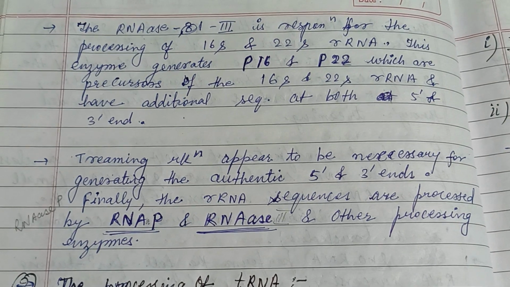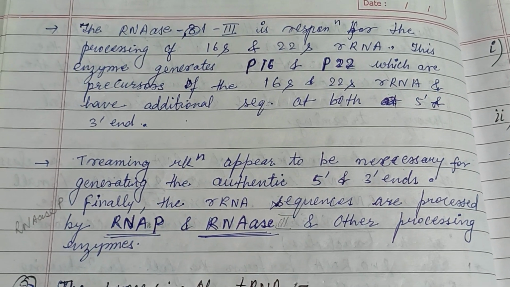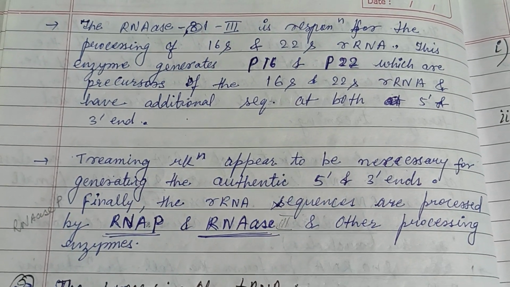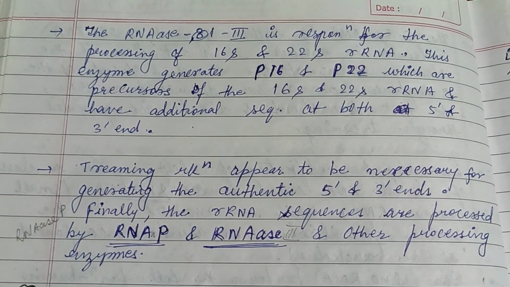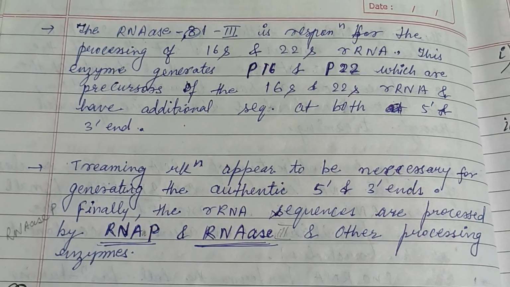RNase III is responsible for the cleavage of the 16S and 23S RNA. The trimming reaction appears to be necessary for generating the authentic 5' and 3' ends. Finally, the rRNA sequences are processed by RNase P, also known as RNase III, and other processing